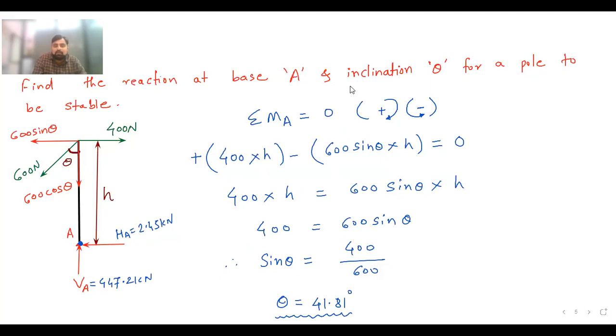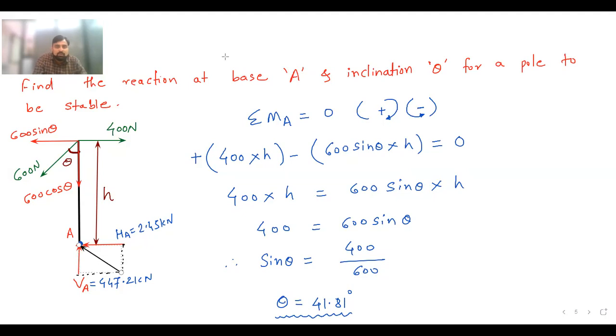Now here I will show you in small lines. If I complete this parallelogram, these are the two forces. If I want to calculate the resultant reaction at point A, this is the parallelogram which I have drawn over here. I am showing it here just so you can understand. Actually, we should draw a separate diagram for this. Now this diagonal, in this way, if you show the arrow,